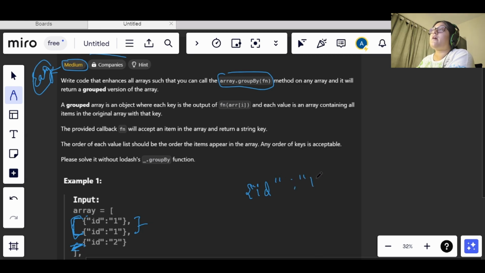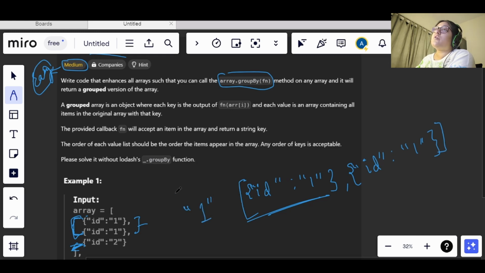Okay, so let's say we have id 1 here, and if we have more objects in the same category, then we need to group them under the same ID or the same key. So this will become an array, and it will get assigned to 1.